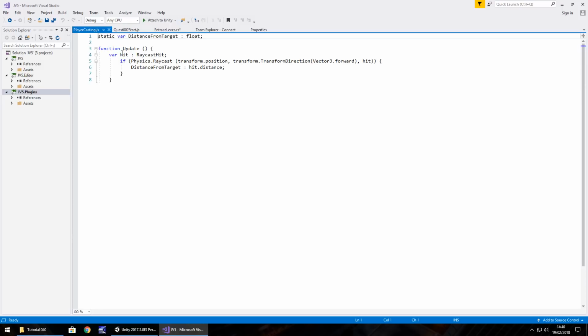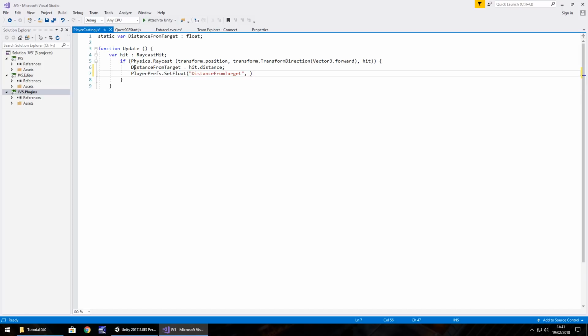So in the player casting script, below it, we need to write PlayerPrefs.SetFloat, and in brackets and quotes, distance from target,